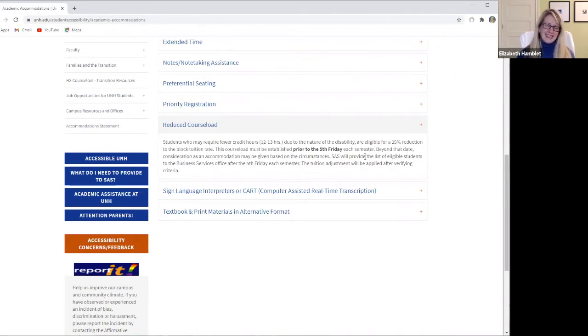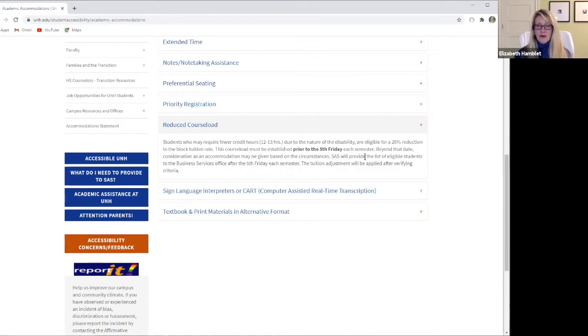Extended time for papers and projects is not a typical accommodation for students with learning disabilities and ADHD. And if you go to my blog, there's bonus content from my book where disability services directors talk about the accommodations they do and also that they don't commonly approve. And they discuss the situations in which that extended time for papers and projects is approved, and it's a very narrow circumstance for a select group of students, but it's not typically students with learning disabilities and